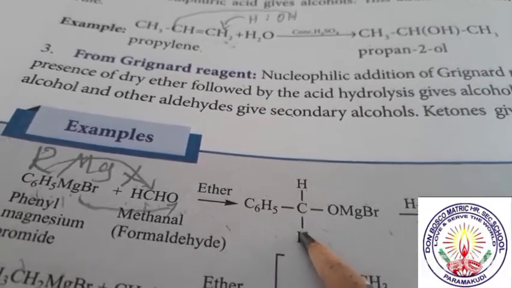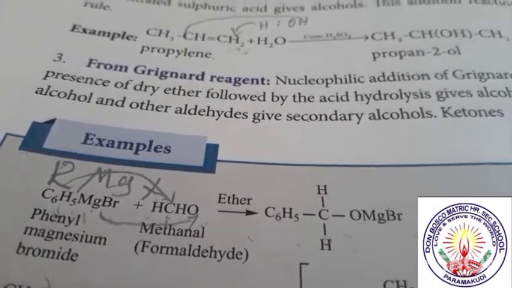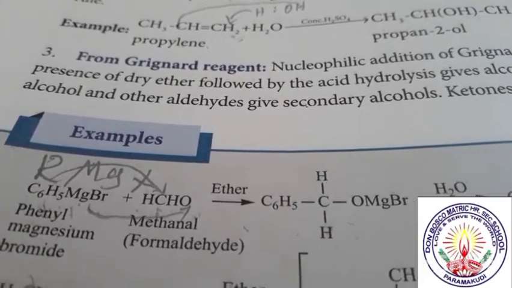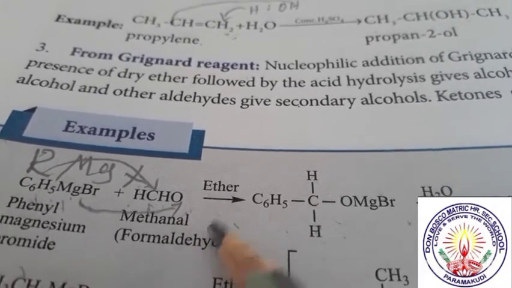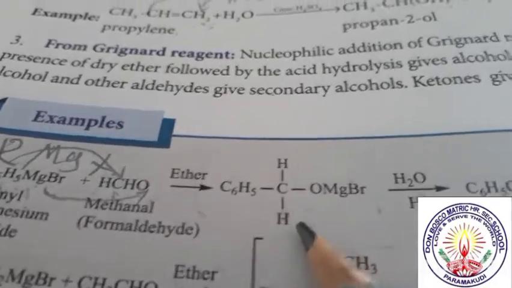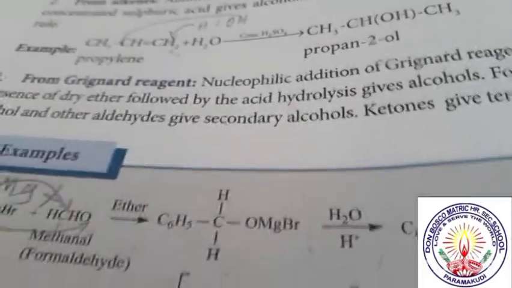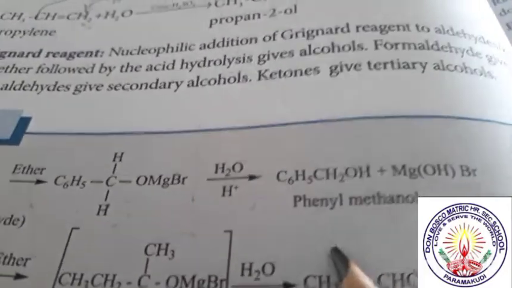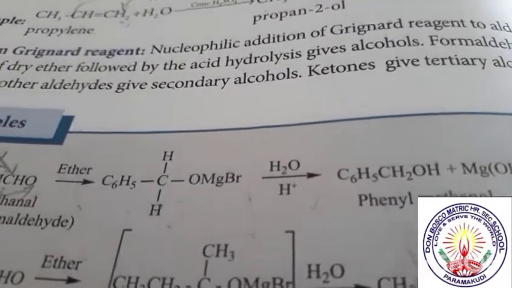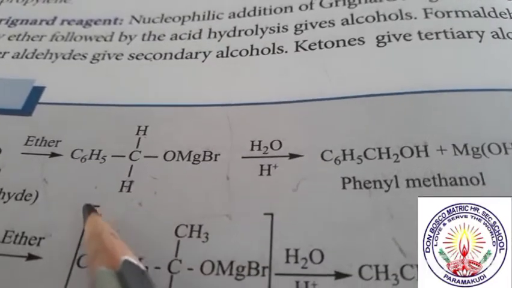This reaction is taking place in two steps. The first step is addition, the second step is hydrolysis. So this is addition. So we are getting an intermediate. When we hydrolyze the intermediate, we are getting this phenyl methanol. We are getting the alcohol. So see